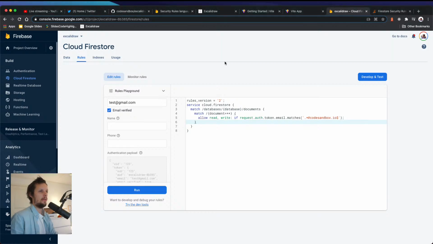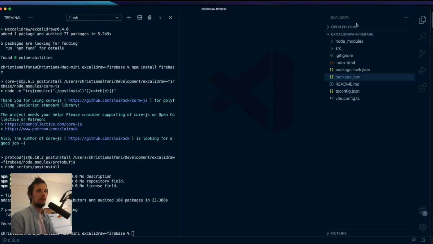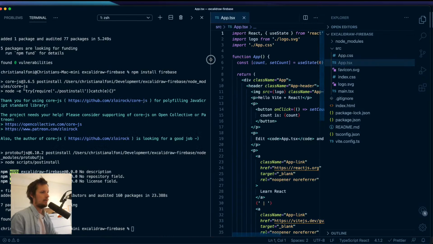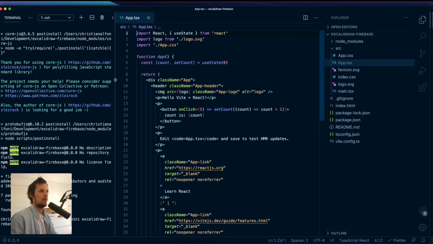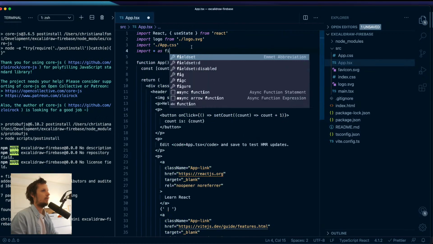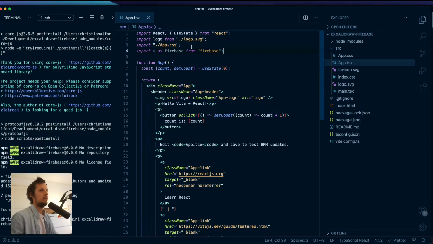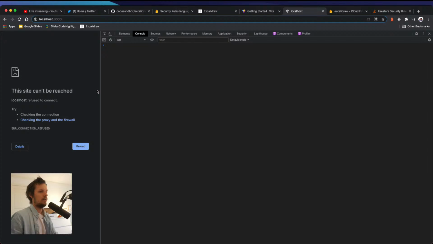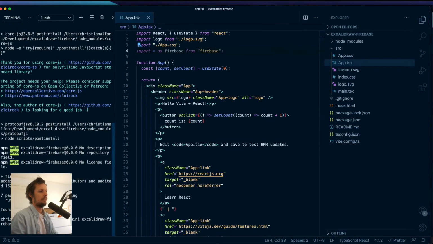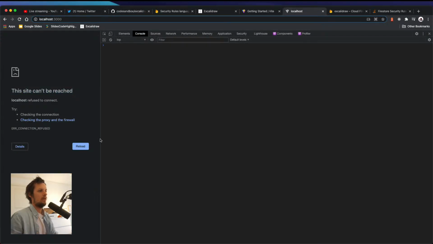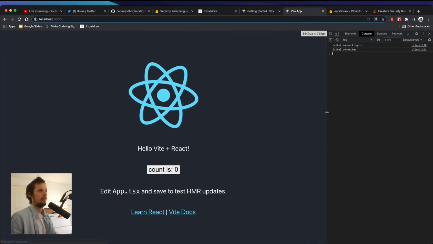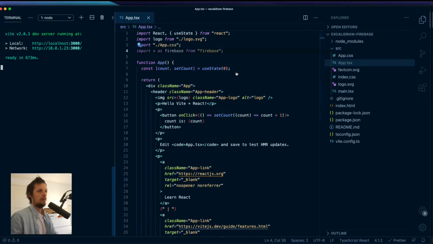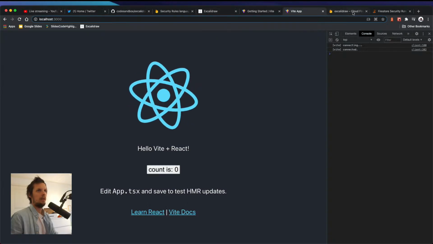Okay, so let's develop the thing. Let's get into some code. Did I install Firebase? Yes. Okay, so import from Firebase. Is Vite happy about this? Oh, isn't it running? Cool. It looks happy. So we need to, let's see,